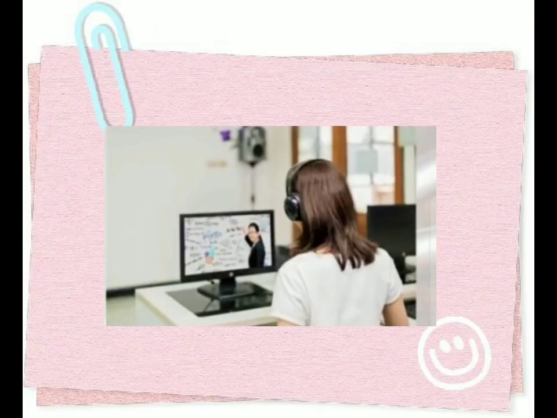So, before the pandemic, we were used to the face-to-face classroom setting where the teachers inside the classroom can use various types of technology like laptops, projectors, tablets, desktop computers, and computer laboratories, while implementing the conventional face-to-face classroom setting.